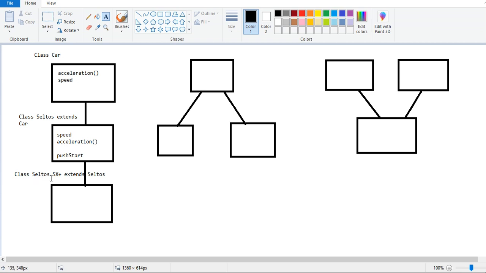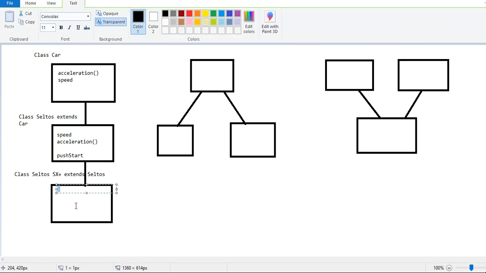And now we have a different variation of Seltos, and we should be able to access over here speed, coming from car class, the acceleration method, again coming from car class, and the push start feature, or you can say method, from Seltos class. And then we can have our own Seltos SX plus option,